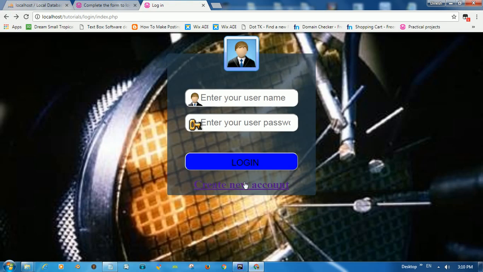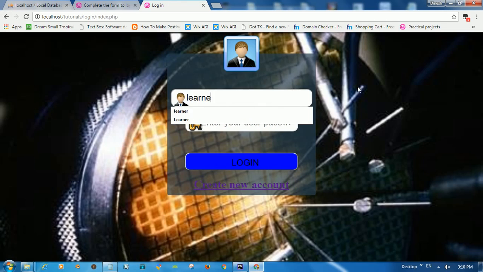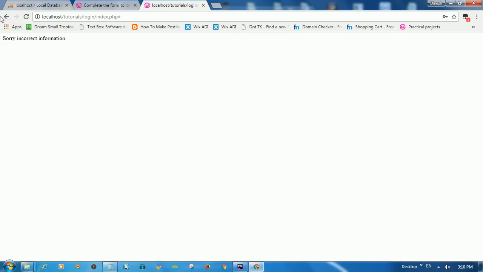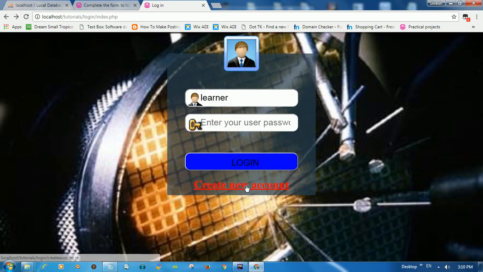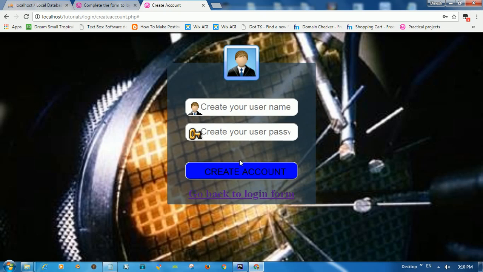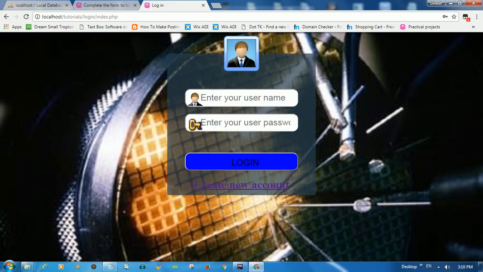So first, some demonstration. Username learner and password also learner. Login. Sorry, incorrect information. Now create account and that information. Okay, learner and password also learner. Now create account. Okay, the message does not appear, but once check